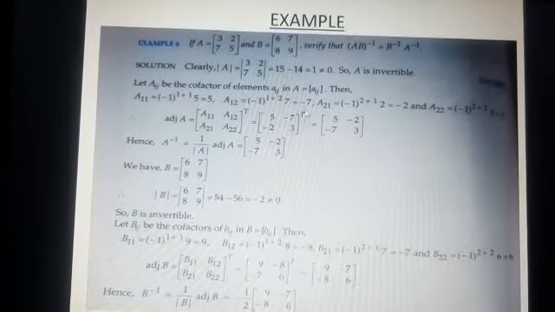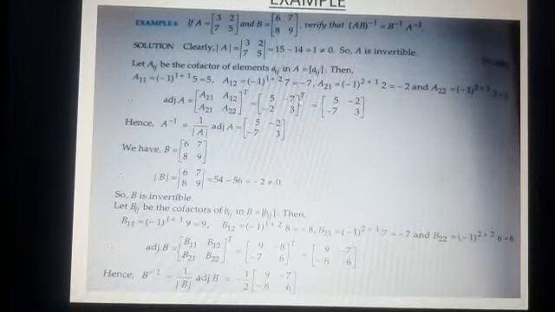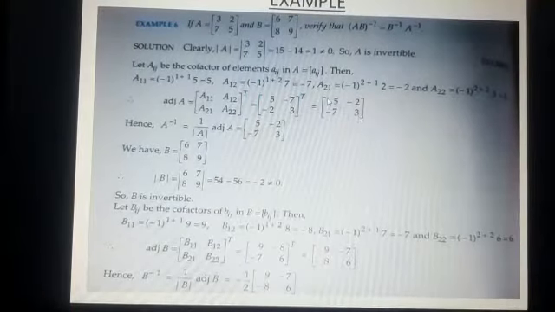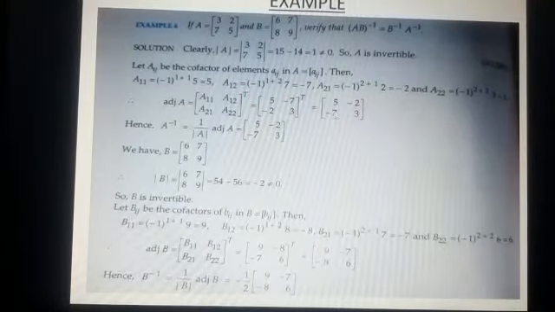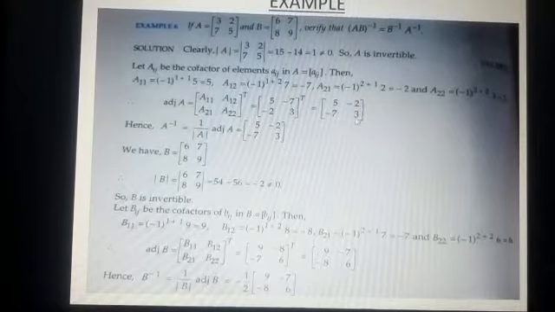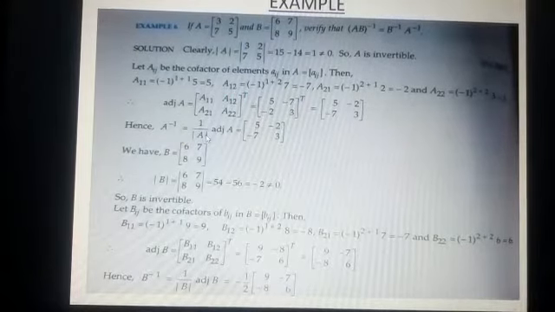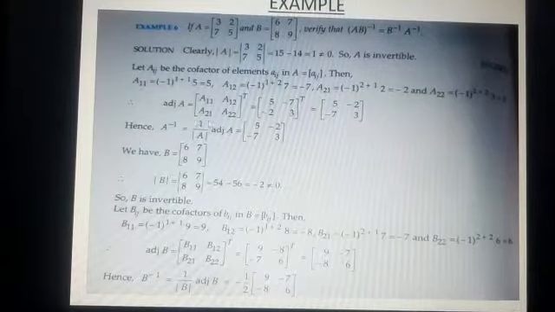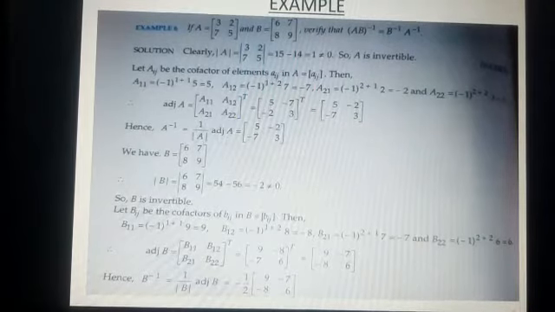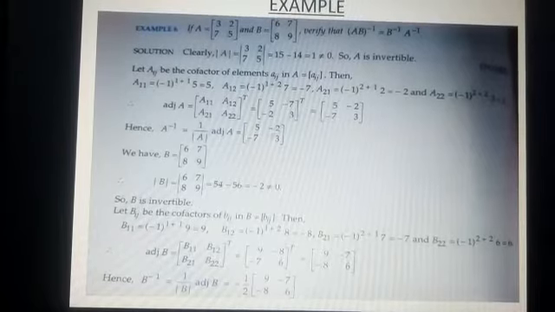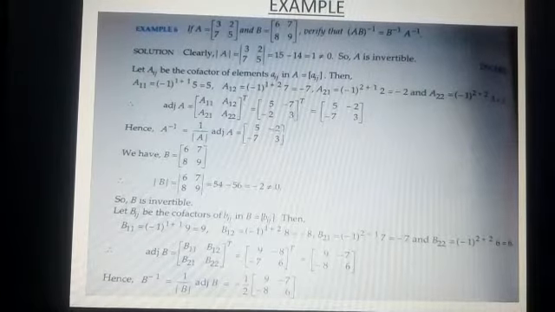Then we have to find the transpose of it. After doing the transpose, we'll get the adjoint of A, that is 5, minus 2, minus 7, 3. A inverse is equal to adjoint of A upon determinant of A, as learnt in the previous module. This is the formula for finding the inverse. This is the adjoint of A, and determinant of A is 1, so it is written as it is.